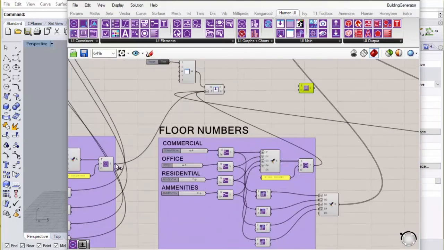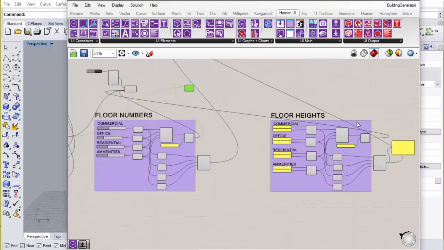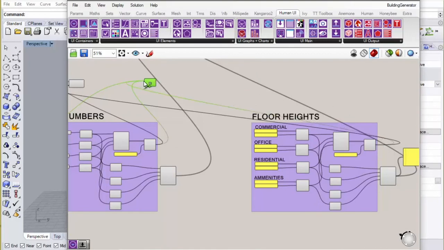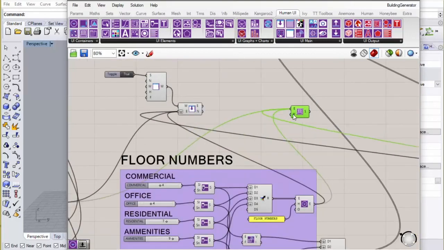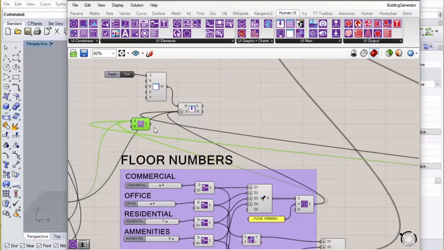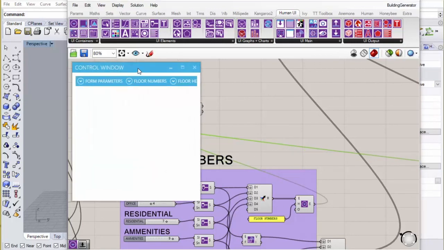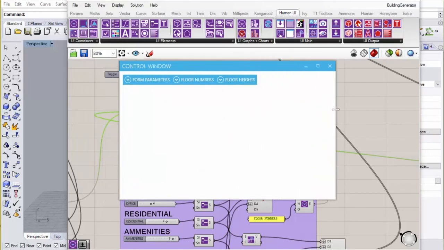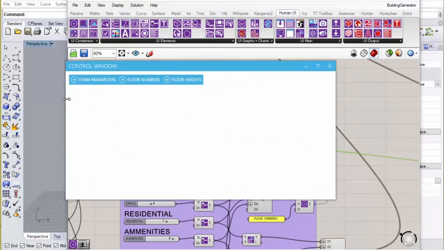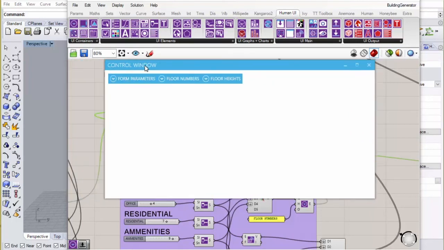So we can just take this one, and this one, and instead of pushing all of these into the add elements component, we just take this one, and now when we launch this window, now they're all going to be on the top bar.